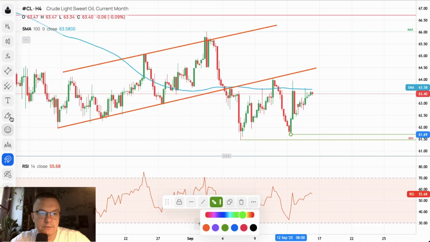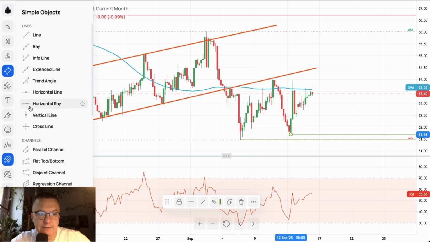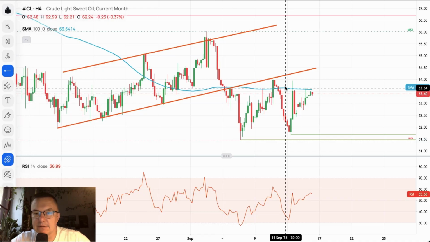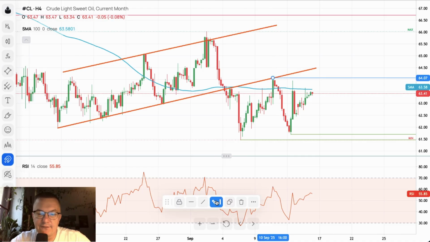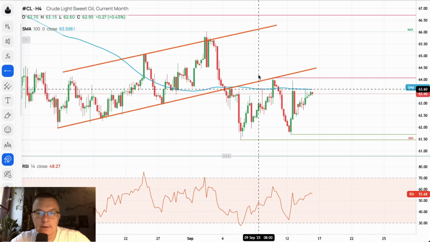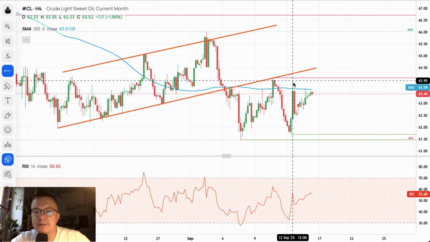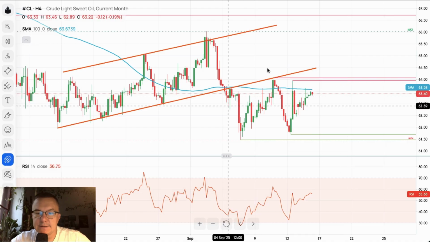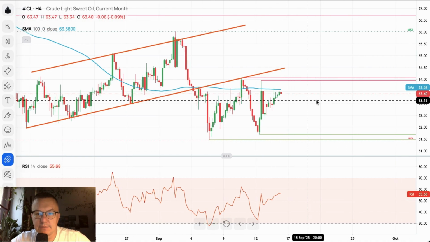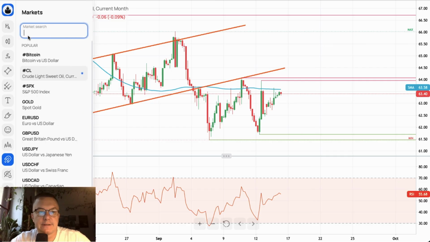So this is the beginning of some sort of demand zone, roughly around the level of 61, and obviously the technical resistance is at 64.07, and the other level is 63.95, not too bad. And this is our range right now. It looks like we will be moving inside of this range for quite some time these days.